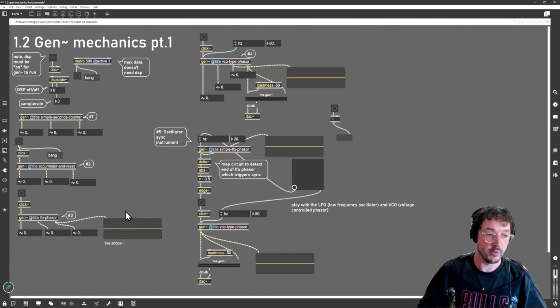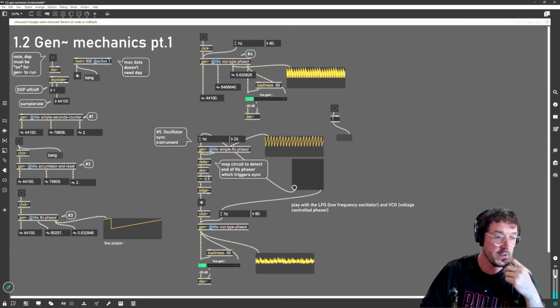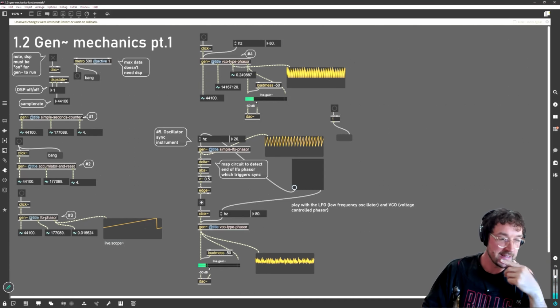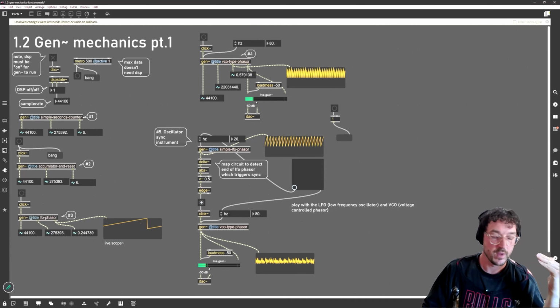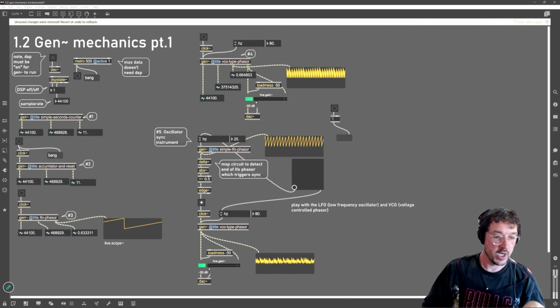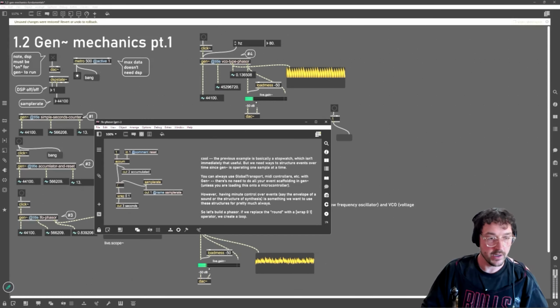We're going to use it throughout. When I turn audio back on after Max crashed here, we'll see that the right inlet is looping between 0 and 1. So if I open this up here,